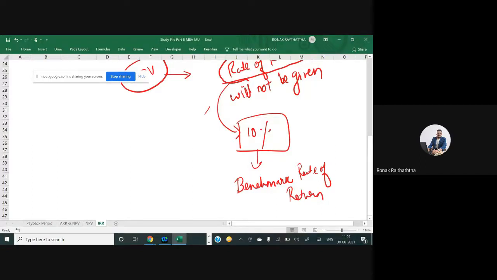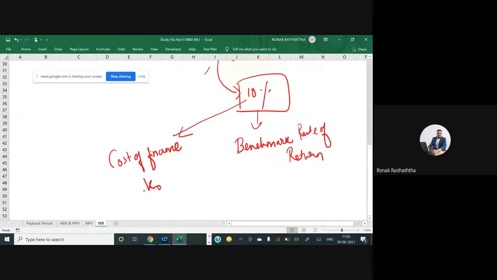Another perspective to decide the acceptance and rejection criteria based on IRR is you compare it with your cost of finance. In other words, you can say Ko. In other words, you can say WACC. Whatever the sources of finance you have taken, you compare it with WACC. At least the cost of finance should be satisfied from your project, right? See, my cost of finance is right now 12%. At this rate of return, I have taken the money from various sources of finance. At least this much of expected rate of return should be satisfied from a project.